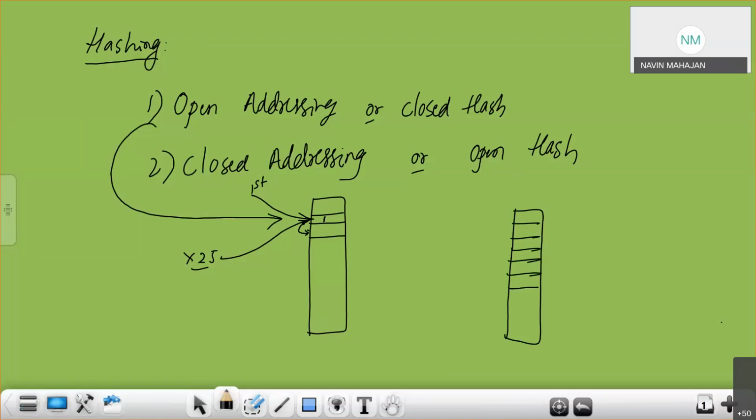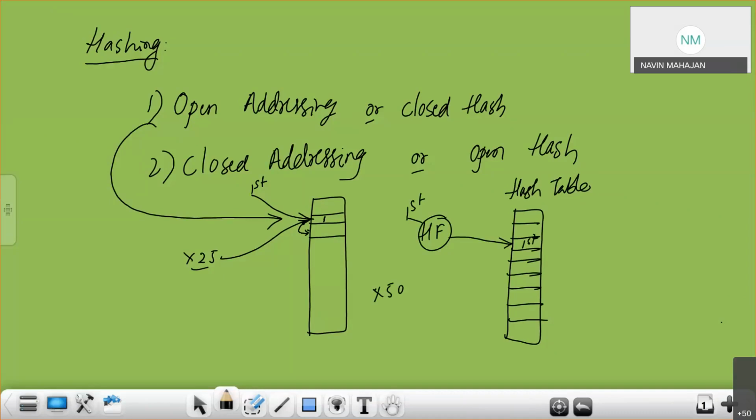Suppose I want to store information into hash table. Then I will apply hash function on the first number, and I will go to a particular location, and that first number is stored here. Then later, there is some other number, say x50.